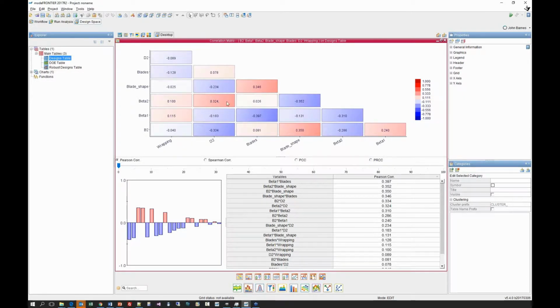Now, typically when you're looking at inputs against inputs, it doesn't matter how much you change one input, it actually has no relationship on the other input. So all of these values should actually be 0, and the reason that they're not 0 is purely because of the quality of the data, or the way in which we've sampled our design of experiments. And we can see this, that the data that we've got is not necessarily a very good quality.